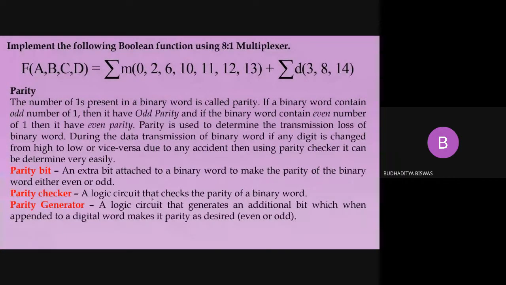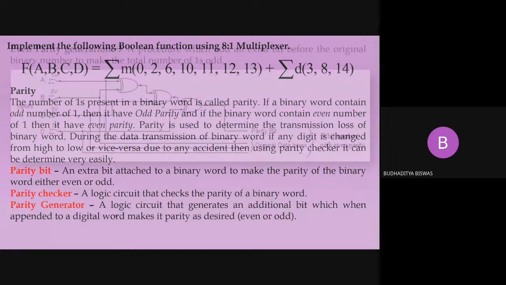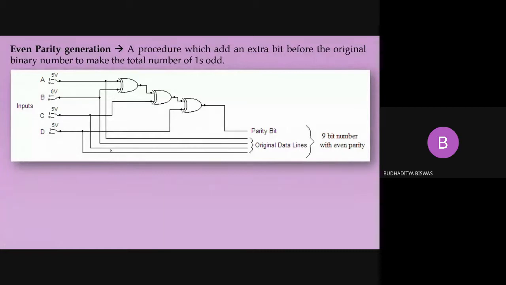When this data is received at the receiving end station, before it goes anywhere else, it goes to the parity checker, and this parity checker detects whether the total number of 1 is even or odd. And the parity generator is a logic circuit that generates the parity bit to make the total number of 1 either even or odd. When you go for this one, it is very easy to understand.